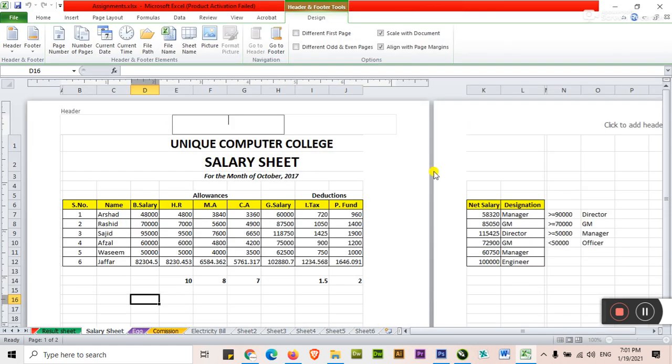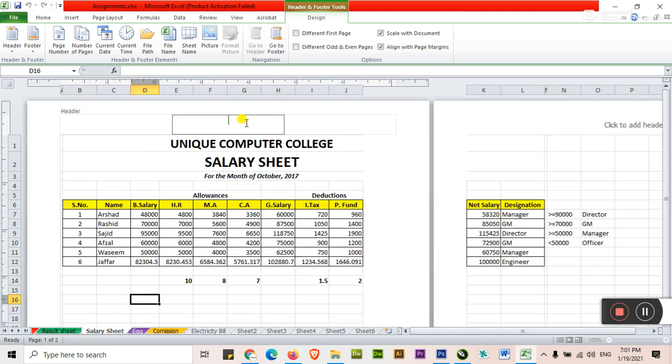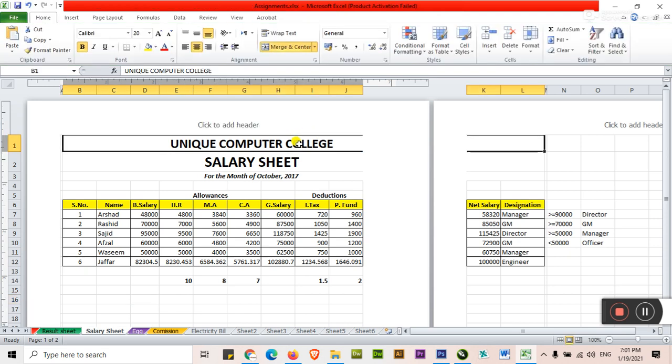When you look at the screen, your view has changed. It's a header. There is the option of go to footer, and that is your footer. Go to header. You type here the company name. For example, here this heading is not written. You click here.